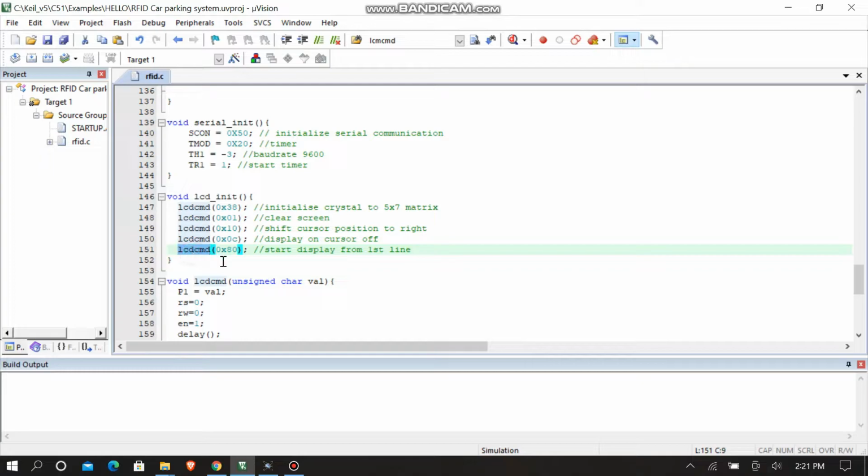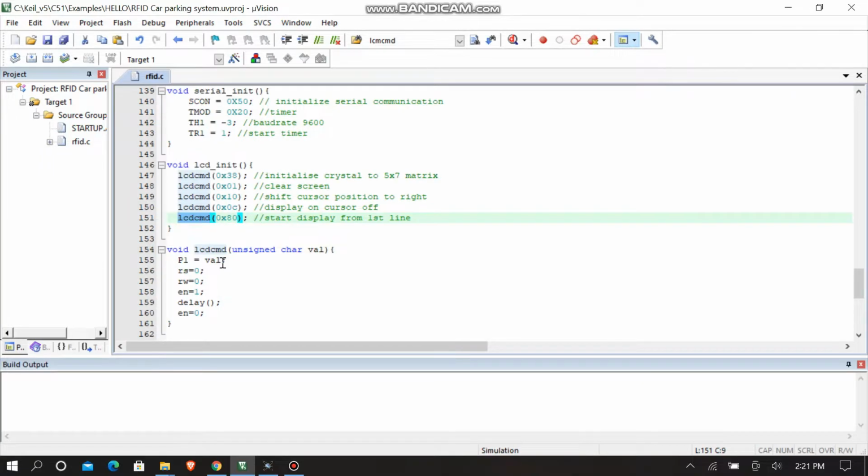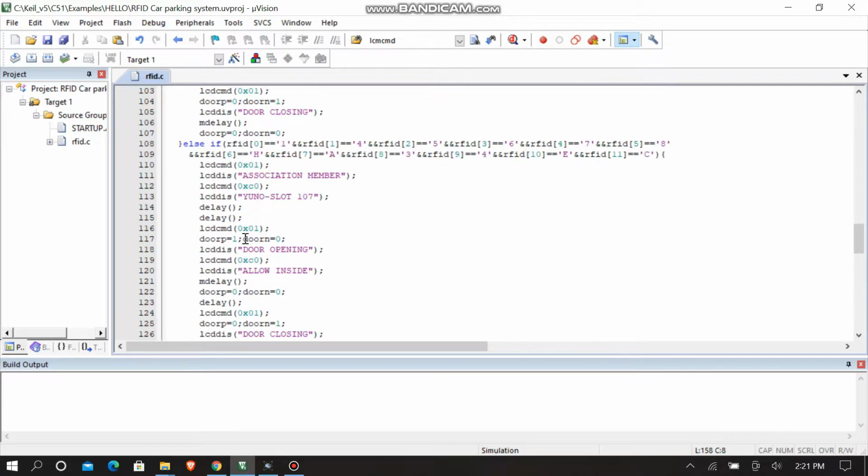For this LCD CMD command also, we will create a new function, for which we will take an unsigned character value. The value will be passed to port P1, where all the data will be carried, and we will set RS and RW as 0 for initialization, and enable will be 1, then a certain delay, and it will be off automatically. Now let's go back to the main code.